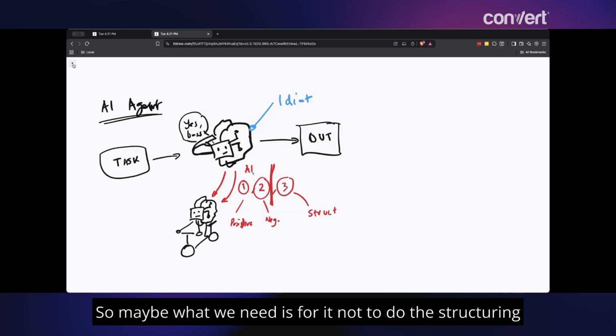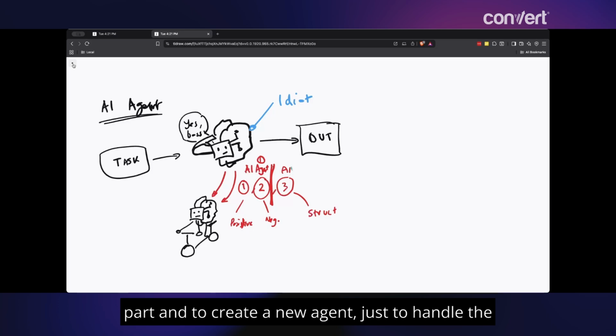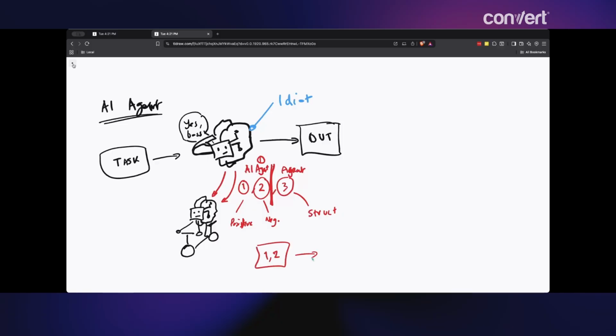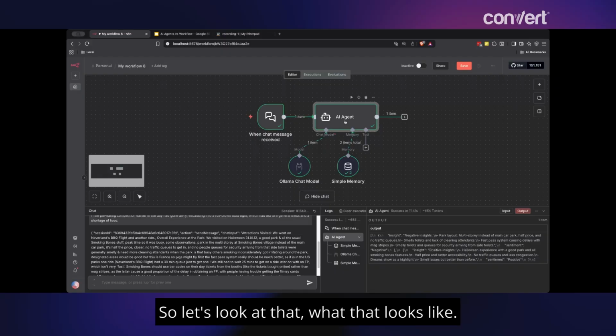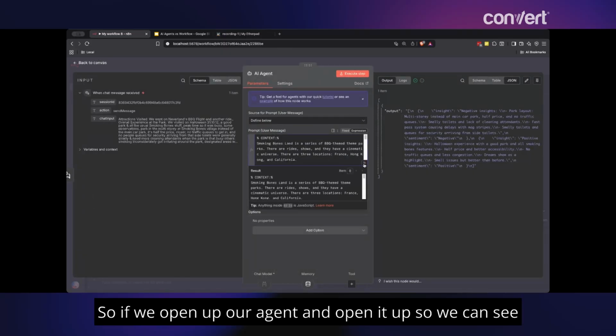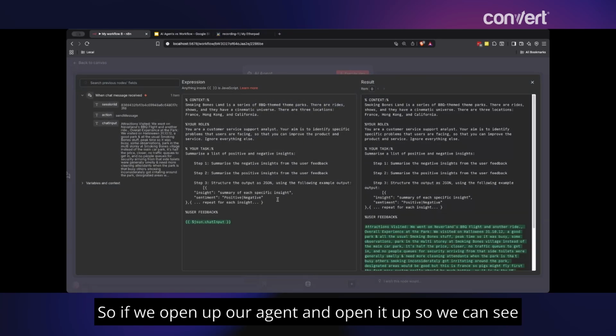So maybe what we need is for it not to do the structuring part, and to create a new agent just to handle the structure part of the process. So let's look at what that looks like. If we open up our agent so we can see that clearly,